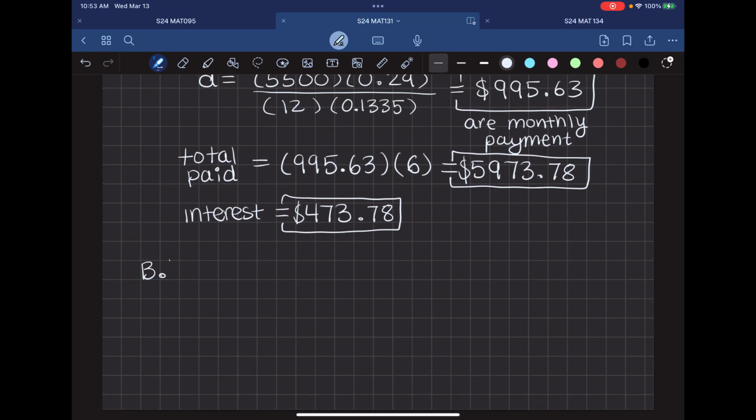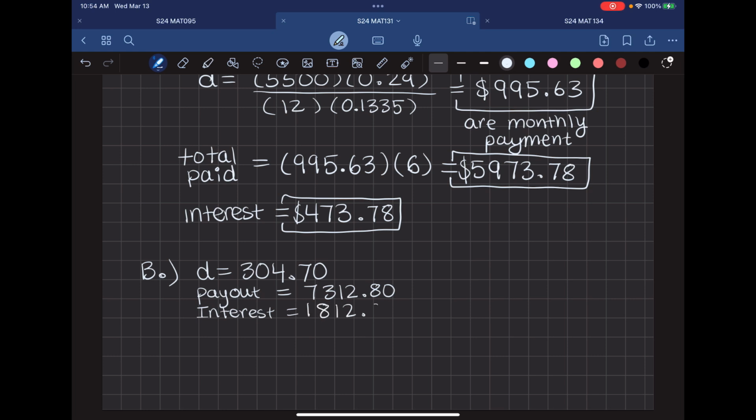So for part B, if we pay it off in, this one was 24 months, you'll end up getting that your monthly payments are $304.70, which means that your payout, or the total that you pay, is going to be $7,312.80, which means that the interest is going to be $1,812.80,